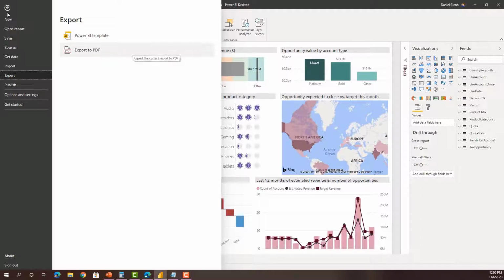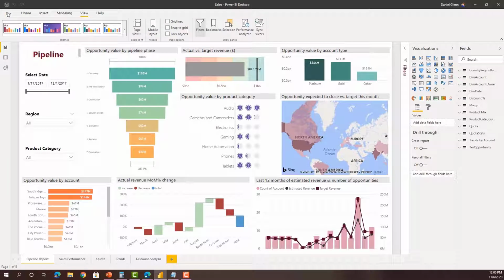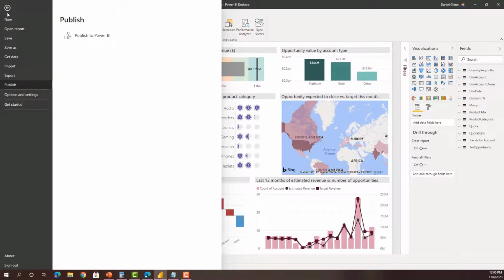The second export option we have is export to PDF. And this will export the report page that we have created here in Power BI Desktop to a PDF that we can share. But again, that is a snapshot in time of what this report is. But maybe that's what you need, is to just share what the report is right now as a PDF. And so you can export it that way. The other way is to publish.